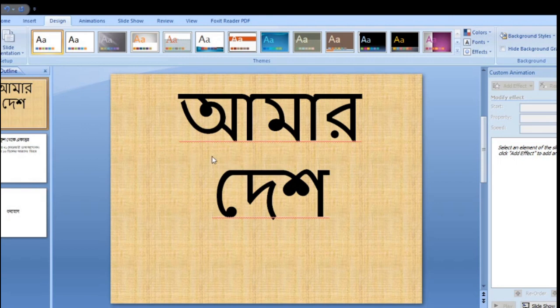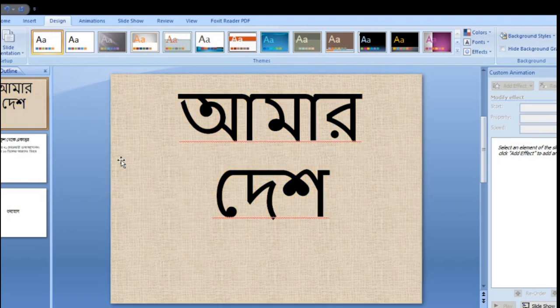Click on the drop down arrow. Lots of textures are available here. And the texture swatch which is clicked should be applied to the slide. Now I choose this texture for this. Okay. Now